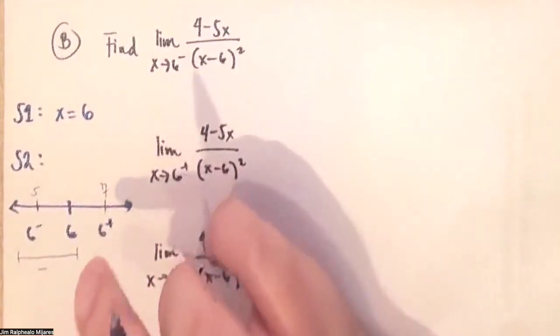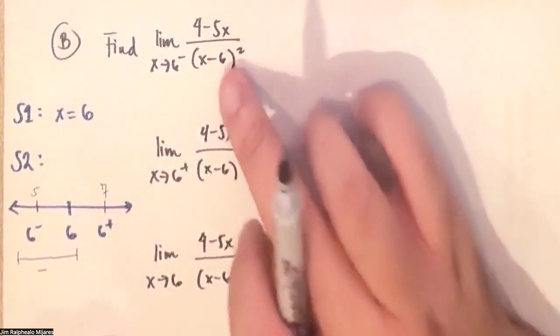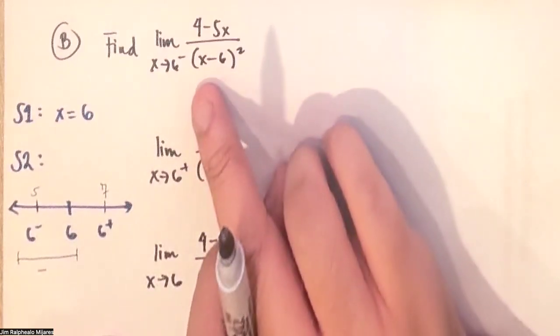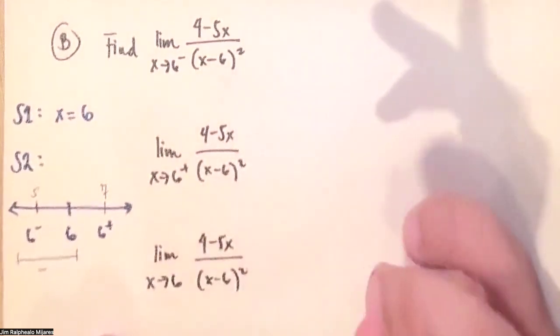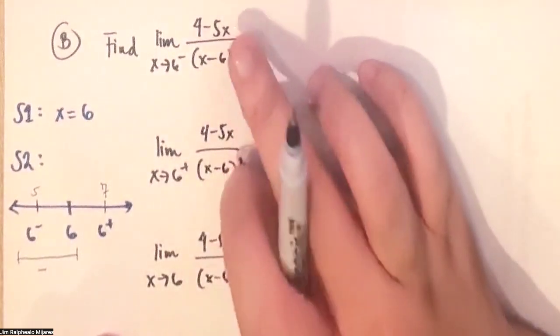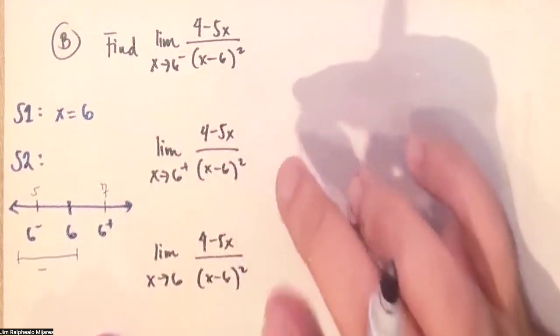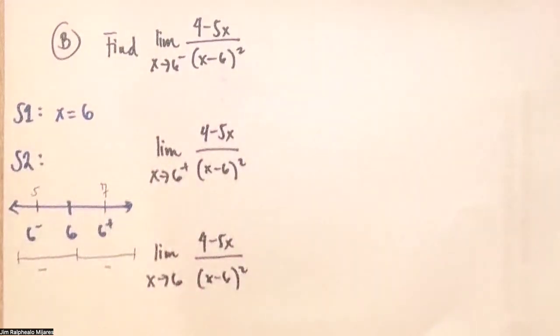Similarly, 6 from the right. If you substitute 7 into the denominator, you get 7 minus 6 quantity squared, so it's positive. But the numerator is 4 minus 5 times 7, so that's negative 31. So this is negative as well. So the conclusion is